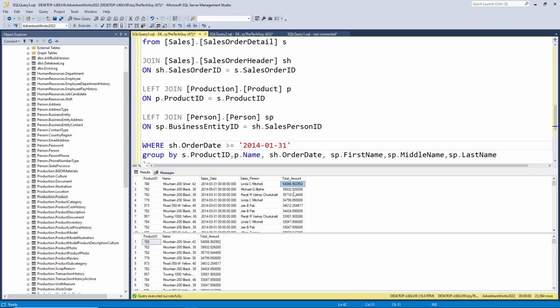So we see here for the last 12 months, this is the product that's been sold. So in a way, we can present two. We can say, hey, in the last 12 months, this is the product that sold the most. And then we can also say, okay, out of those products, these are